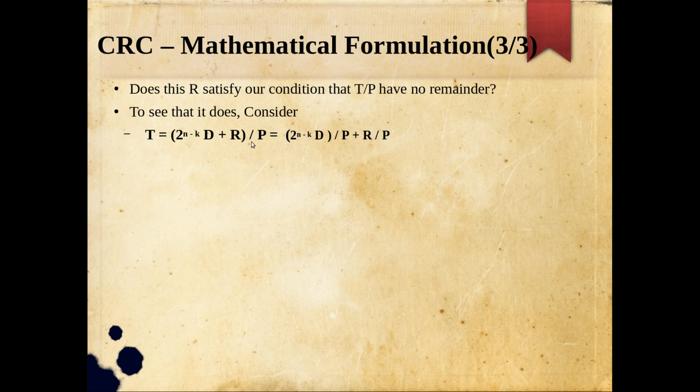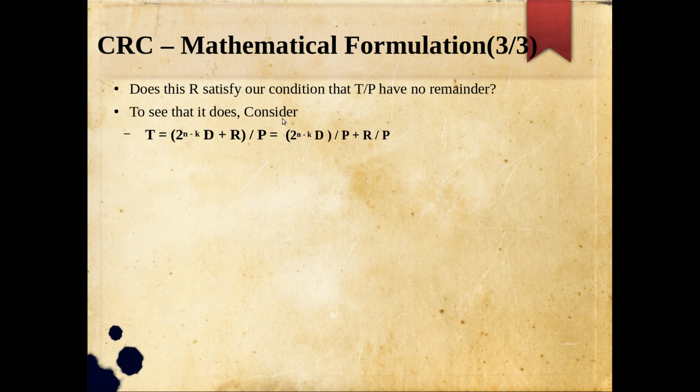At the receiver side, this whole thing, that means the original message multiplied by 2 power n minus k, with n minus k zeros, and then appended with the remainder that was generated as part of the CRC division at the sender side, is received by the receiver. Now the receiver is trying to divide this with the special n minus k plus 1 bit pattern. And when it is doing that, what is the effect? This part divided by P and this R divided by P. So A plus B divided by some C can be expressed as A by C plus B by C, right? Same logic, nothing special, it is applicable for binary also.